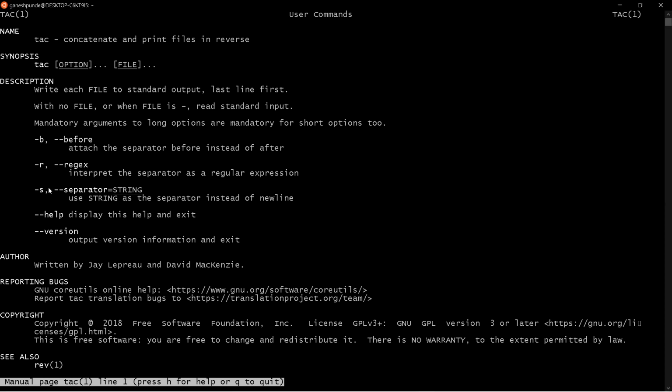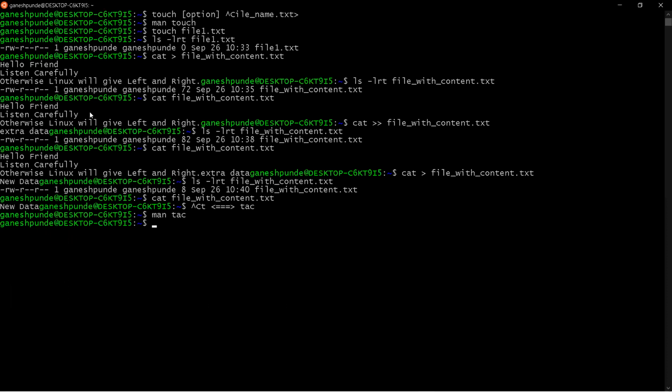You can go through these manual pages whenever you get time and whenever you want to practice. But for now, we will see how to use the tac command. So let's say first of all, create the file.